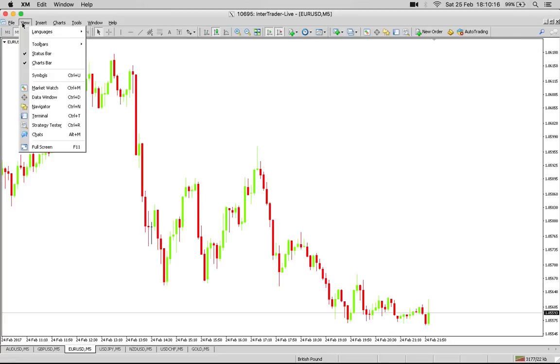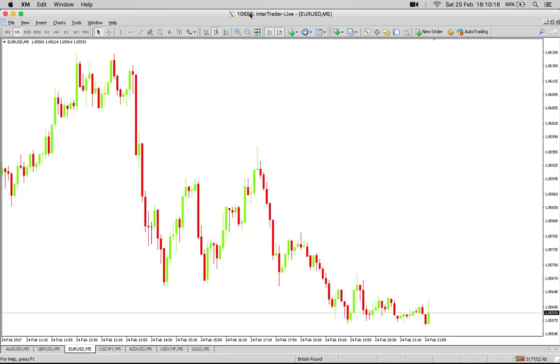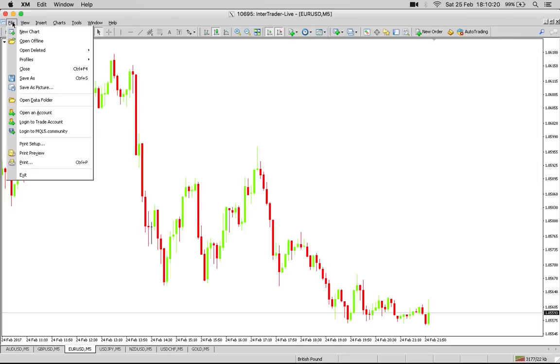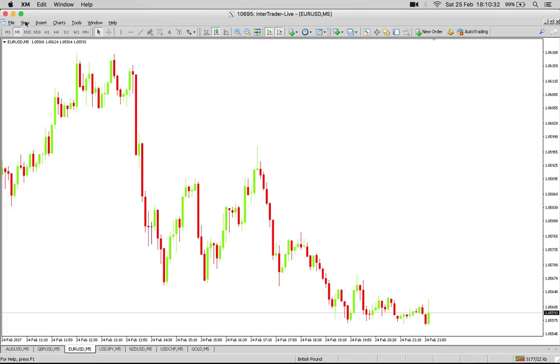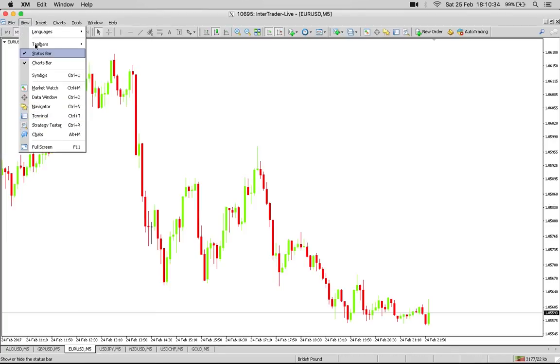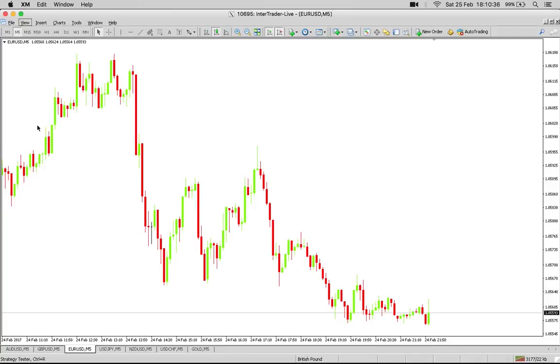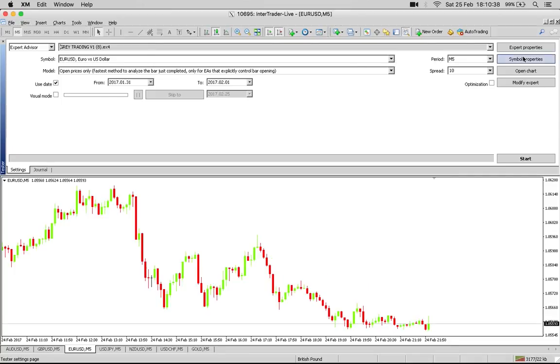So the first thing I'm doing here is I'm in InterTrader, so I'm using InterTrader data. You could work it out with Admiral Markets, which is probably slightly better because that's more relevant, but I'm just going to work it out with InterTrader today. So the first thing you do is you go to View, Strategy Tester, and we've already imported the algorithm into the